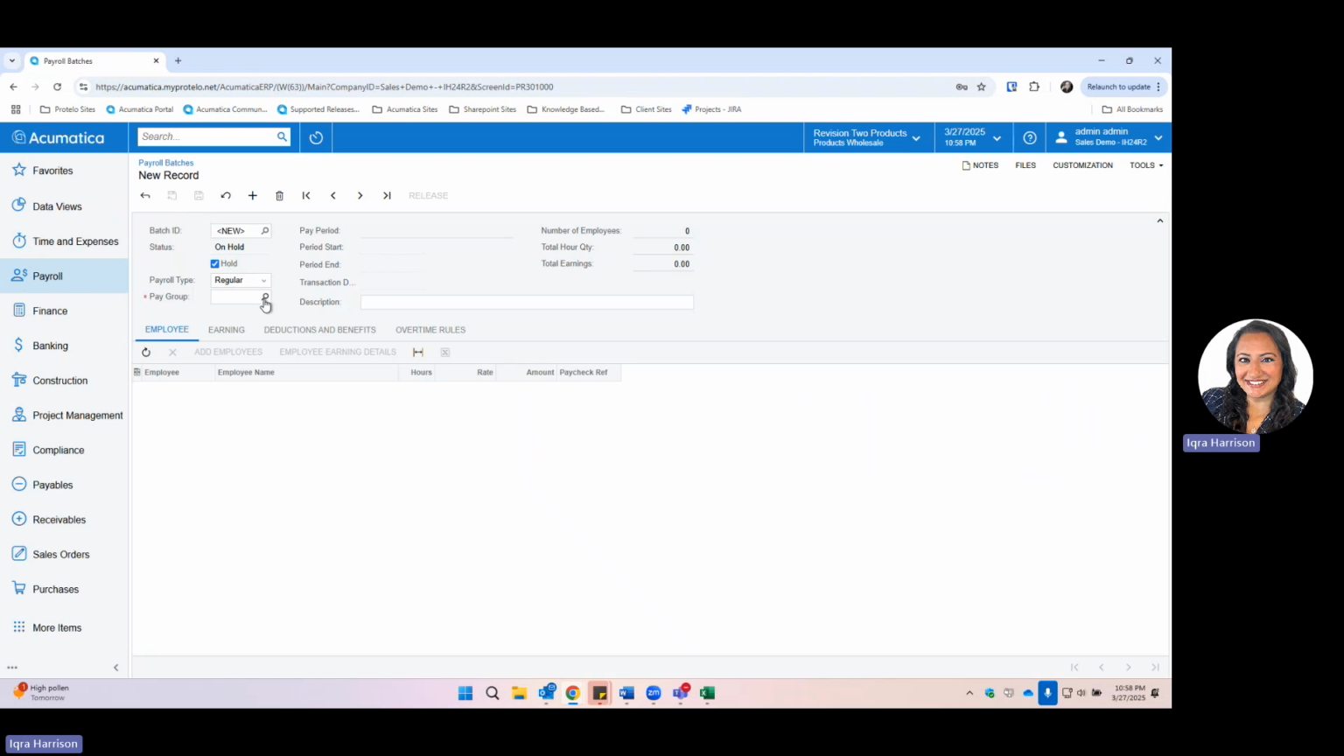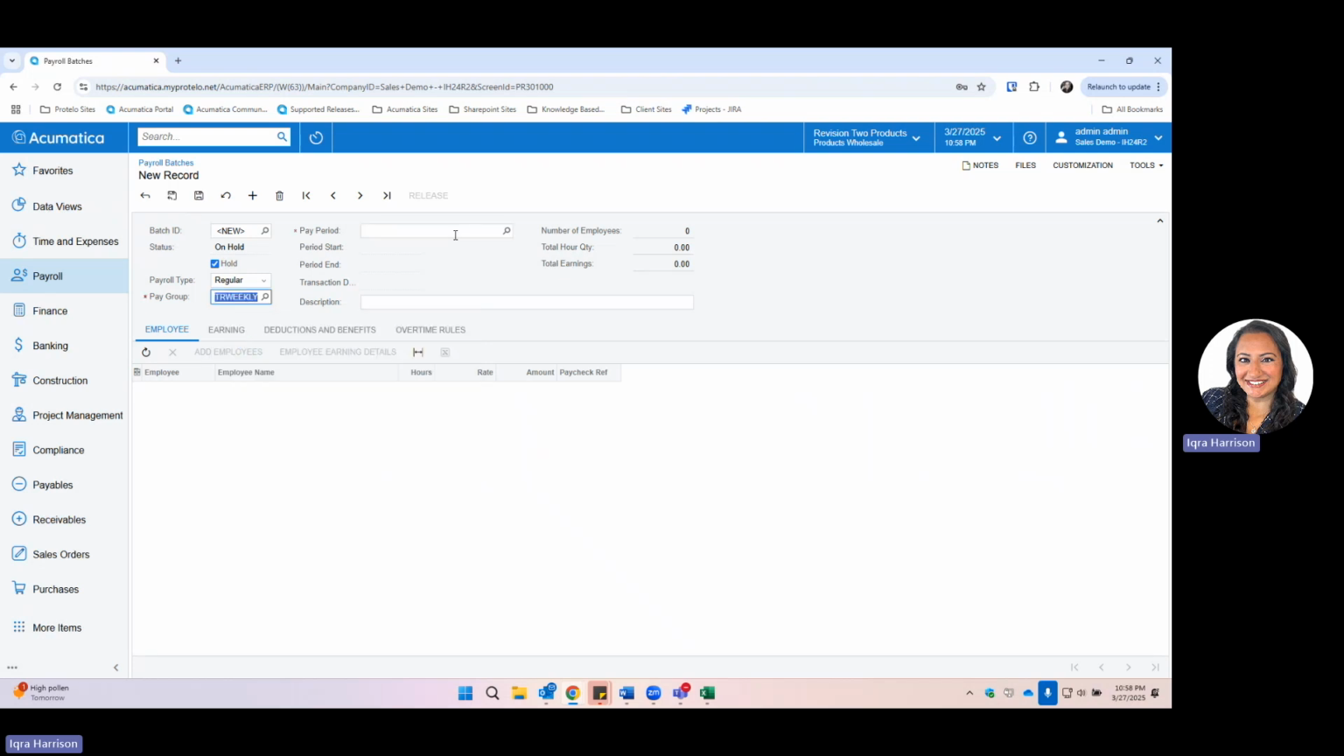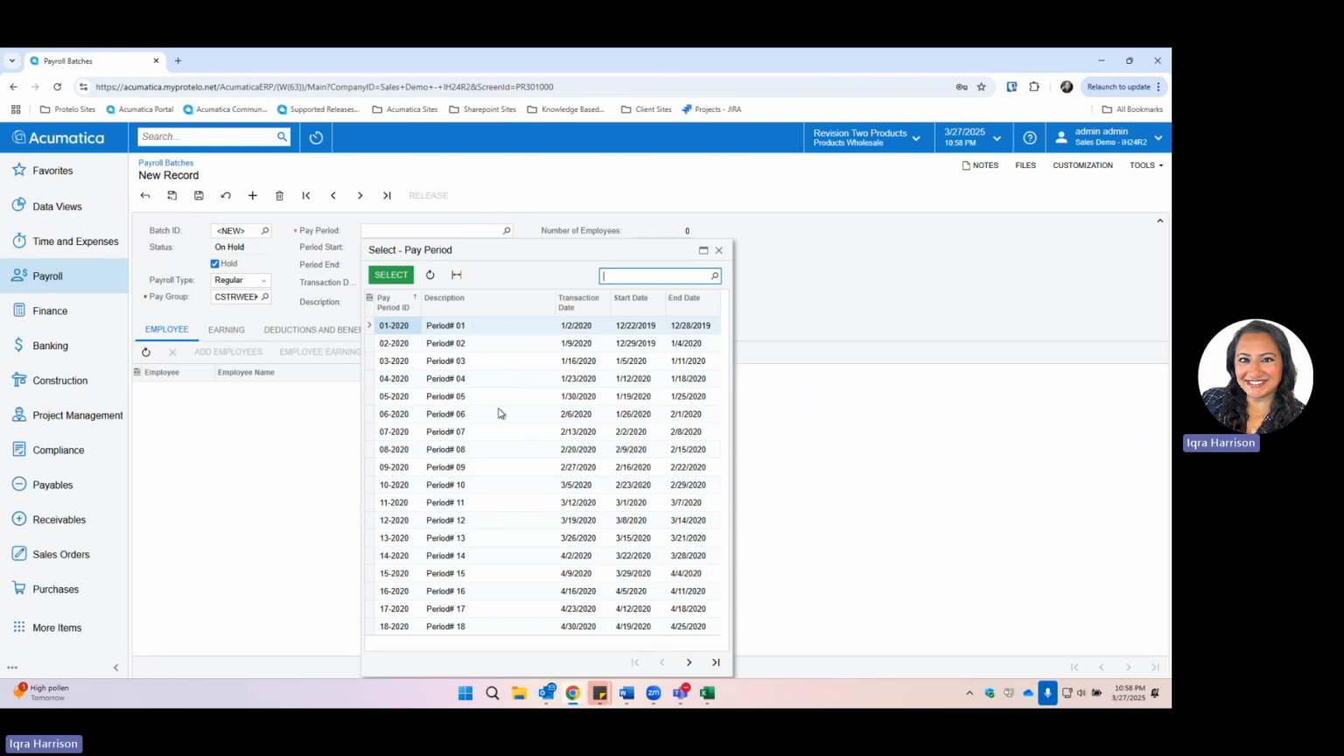So the paychecks are essentially ready to go. As we open that new payroll batch, it's just going to be a regular payroll type. And then since we are talking about construction payroll, I will be using the construction weekly pay group. And then I'm going to go ahead and select the pay period. And that pay period was number